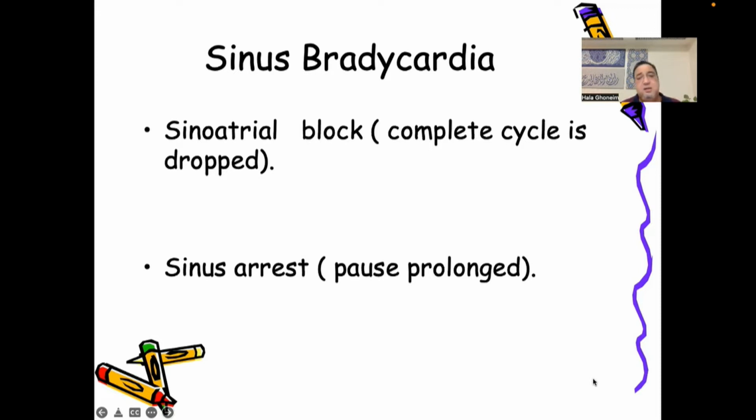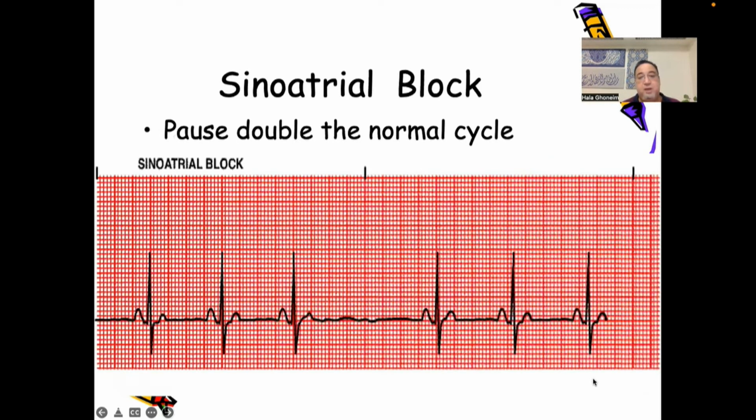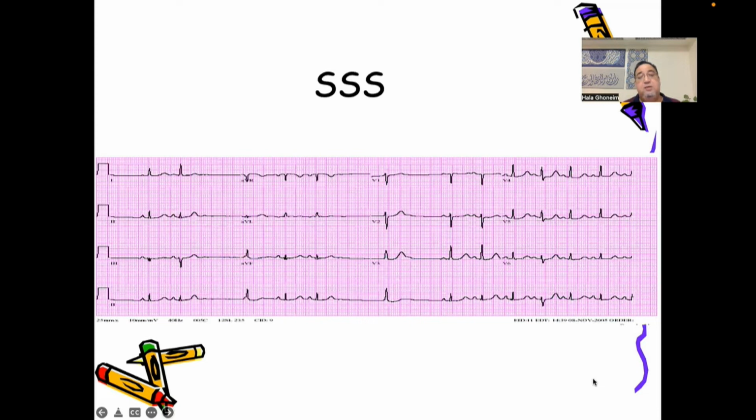In sinus bradycardia, there are 2 phenomena. We call it sinoatrial block if only 1 complete cycle is dropped. But if more than 1 cycle is dropped, we call it sinus arrest. If this block is more than 3 seconds, we call it serious sinus arrest, and this will need a pacemaker. This 1 cycle, which is dropped, we can call sinoatrial block, and this is a picture of sick sinus